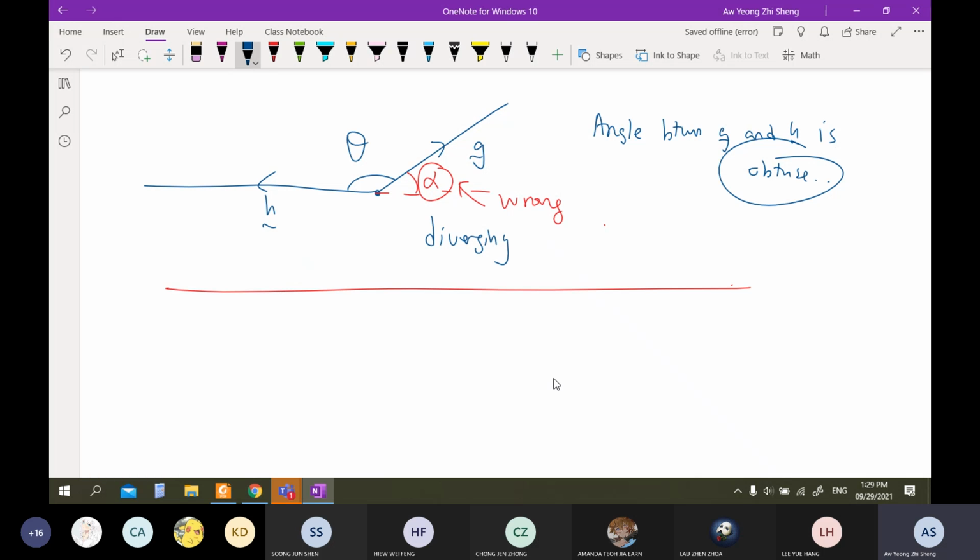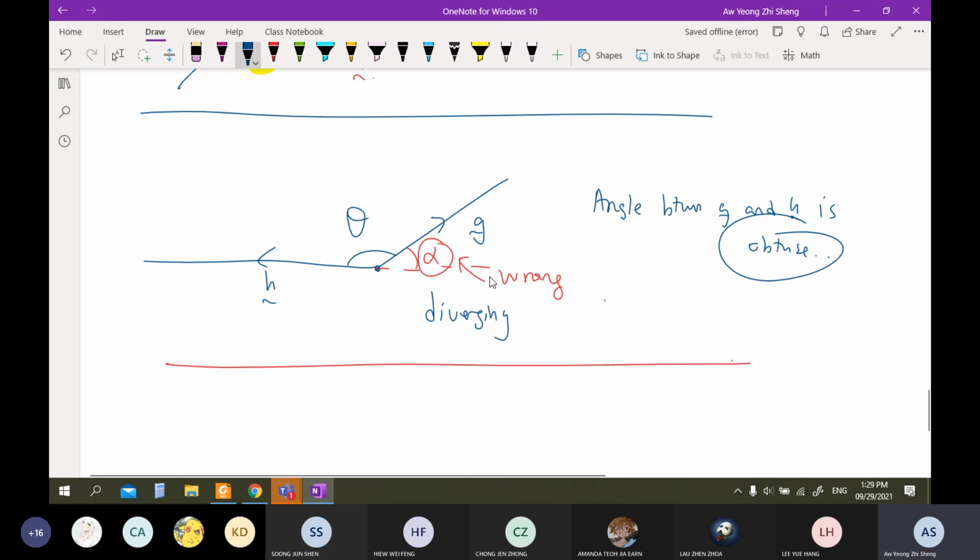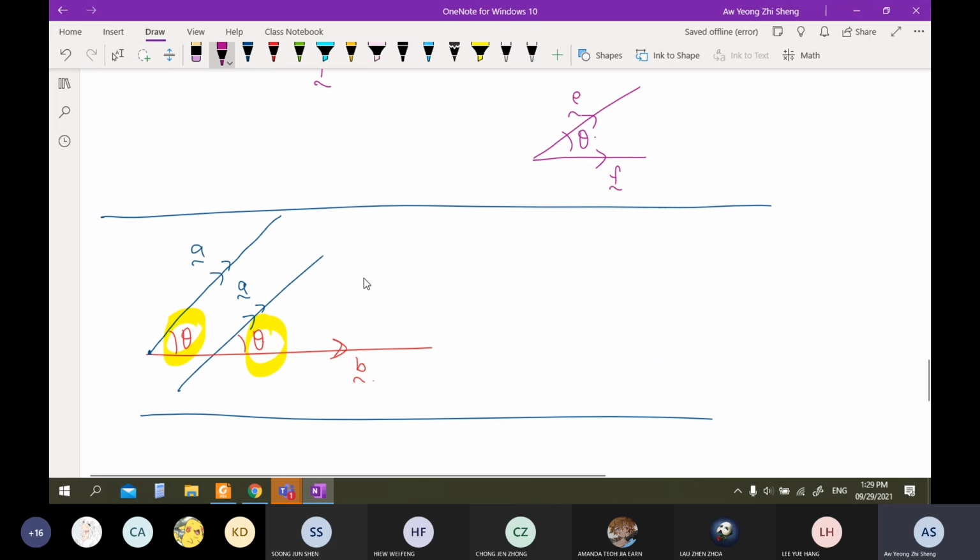Okay. Clifford asked in chat, can we also transfer our data to the right? What do you mean by data? I don't get what you mean by data then. Okay, you mean the line A. Oh, you're referring to this diagram, but if you move your line A to the right, make sure you